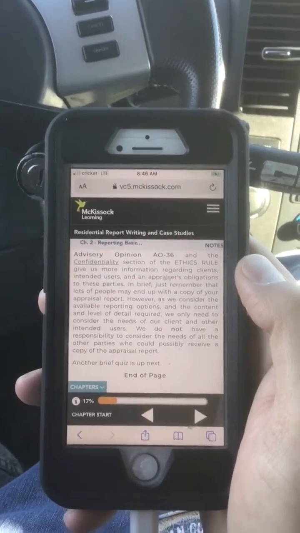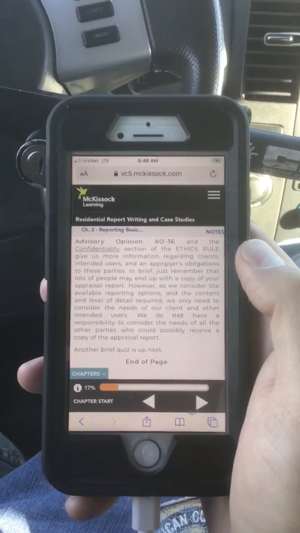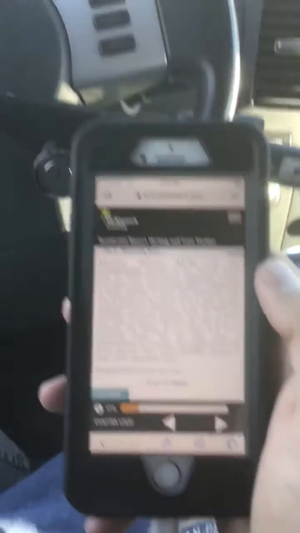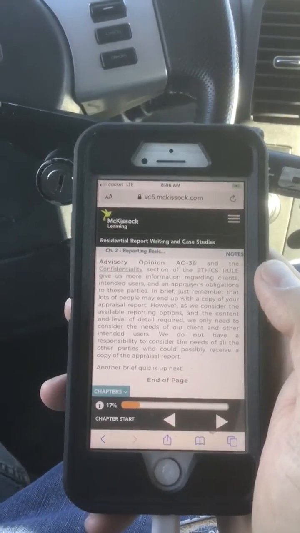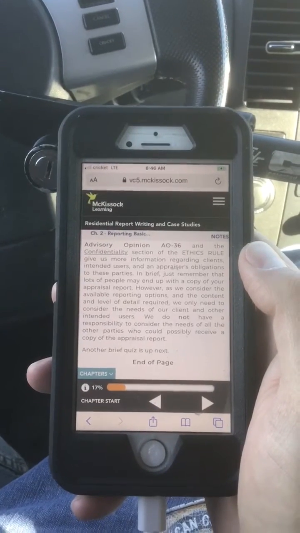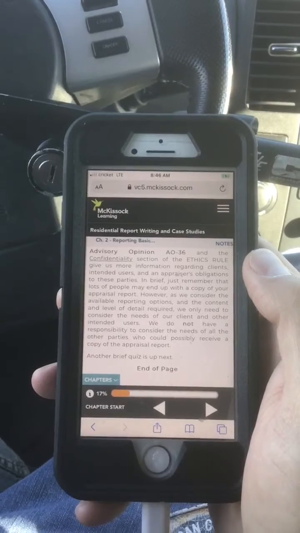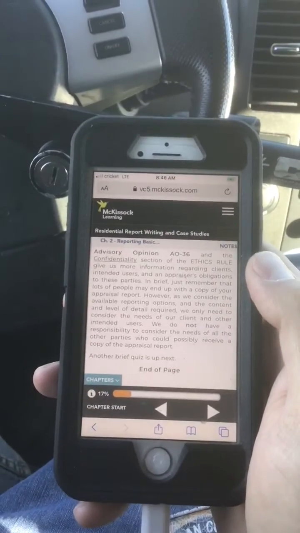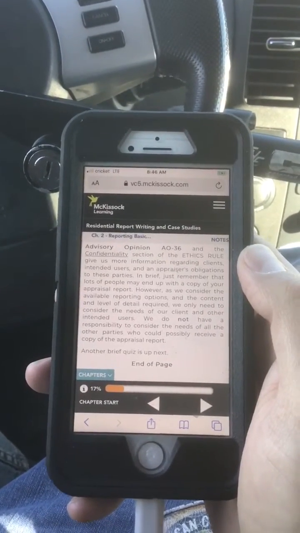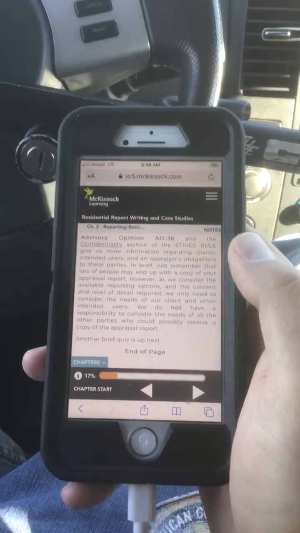Advisory Opinion 36 and the confidentiality section of the ethics rule give us more information regarding clients, intended users, and an appraiser's obligations to these parties. In brief, just remember that lots of people may end up with a copy of your appraisal report.